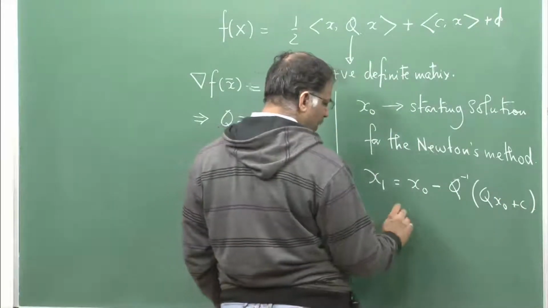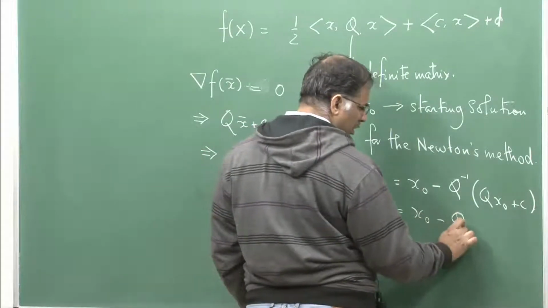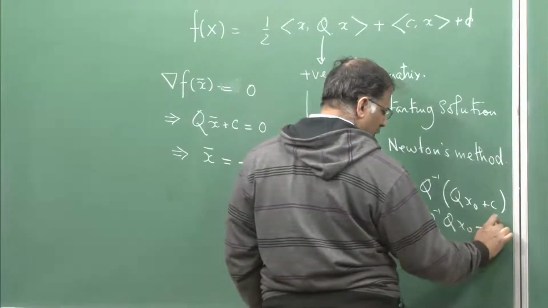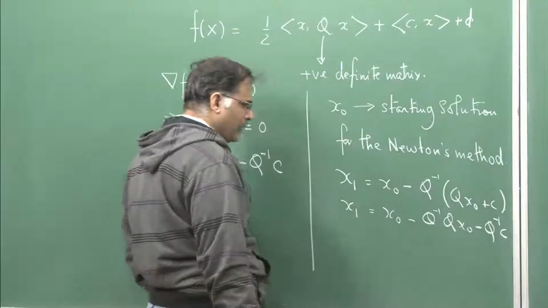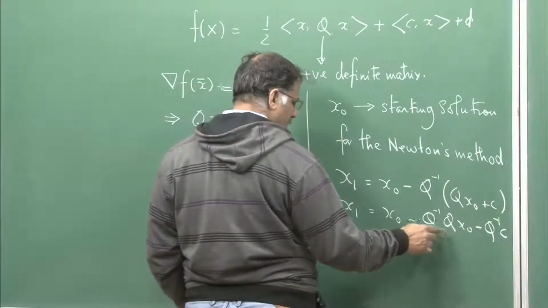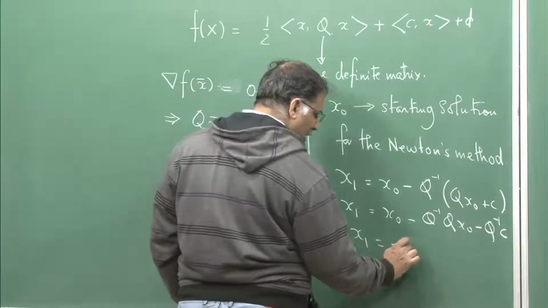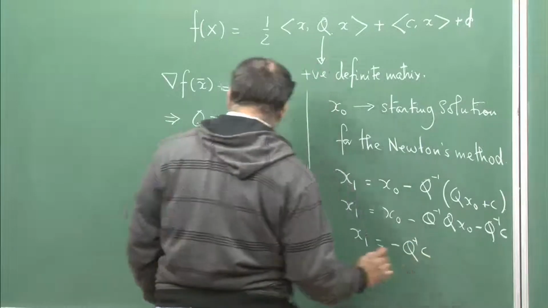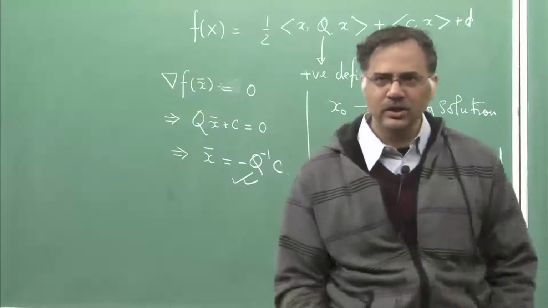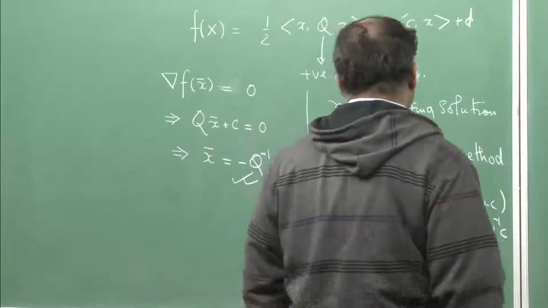So, that will lead to x1 equal to x naught minus Q inverse Q x naught minus Q inverse c. Q inverse Q is identity, so this will cancel, and x naught minus x naught vanishes. So x1 is equal to minus Q inverse c, and that is exactly what the solution should be, and hence in just 2 steps you have actually solved